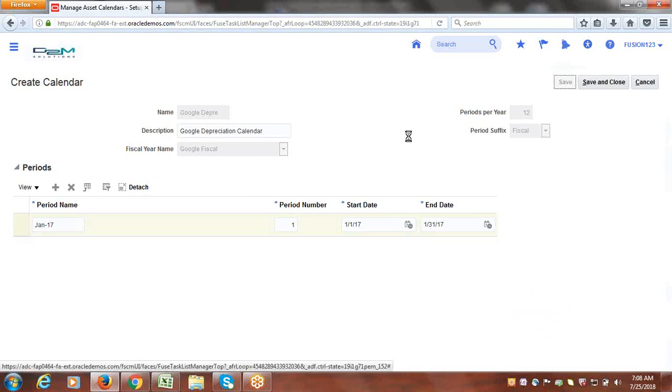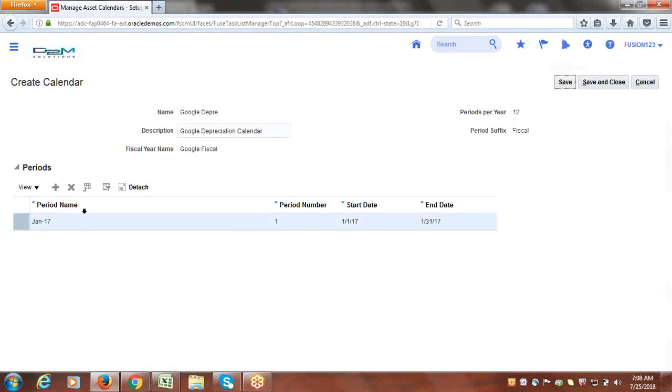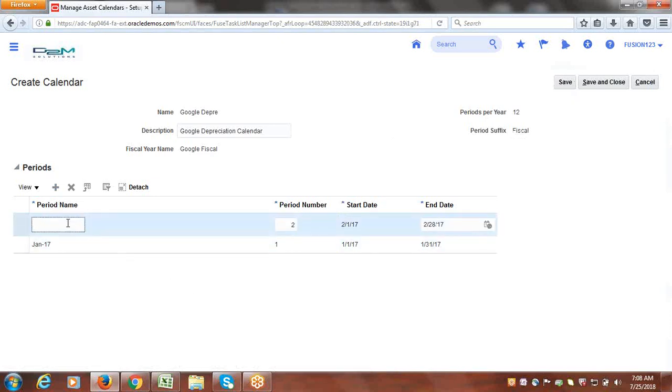Now just save it. Now click on add. Just enter Feb. Follow the same format. It's case sensitive again. Enter Feb. The rest it will take, since you gave the period suffix, and the suffix it will add automatically. You don't need to give hyphen 17. Just add Feb and click on add new row. It will take automatically. Done. You have to do it for one year minimum. Then the rest it will add